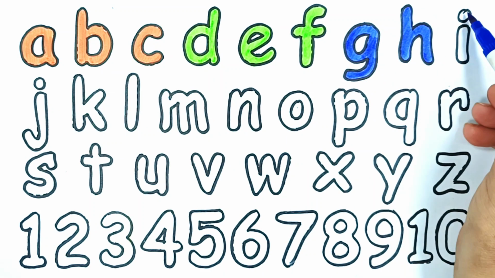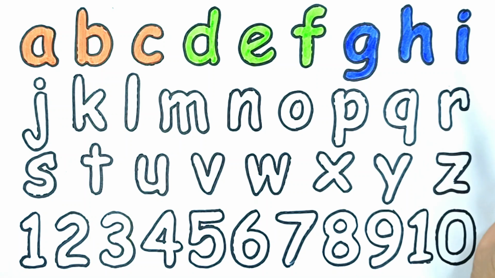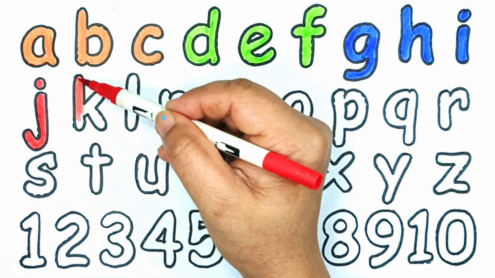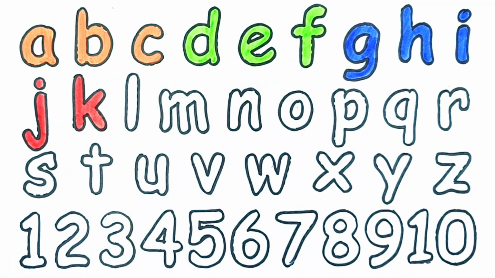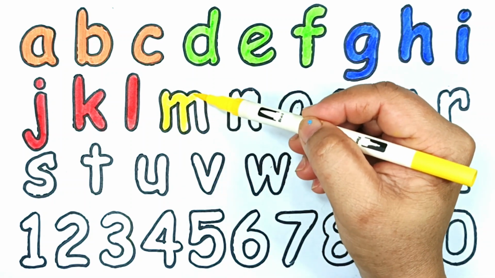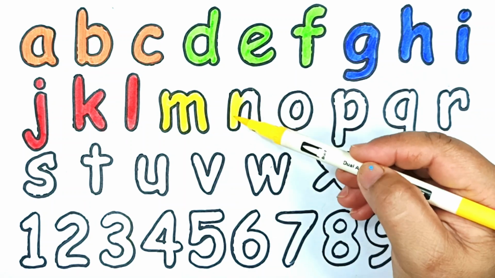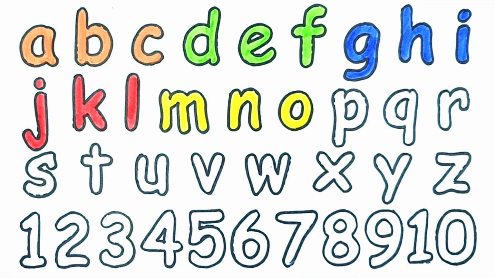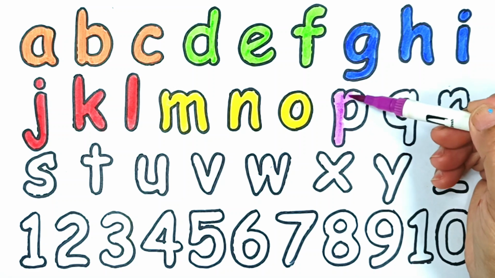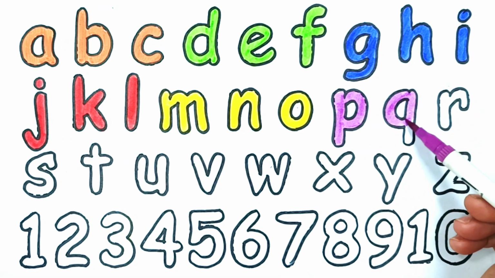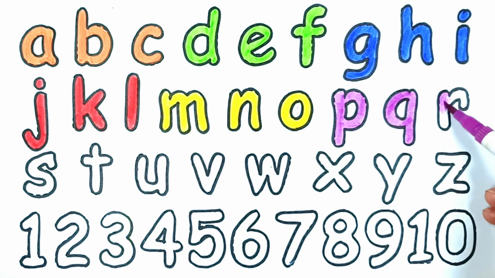H for hat, I for igloo, J for jam, K for kite, L for lamb, M for man, N for net, O for onion, P for pen, Q for queen, R for ring,